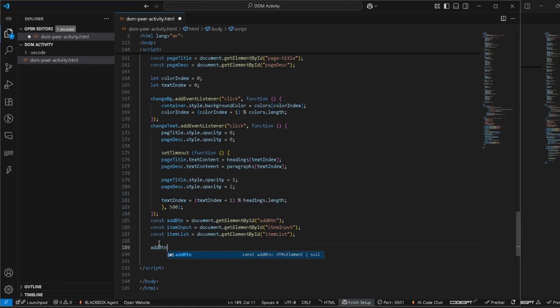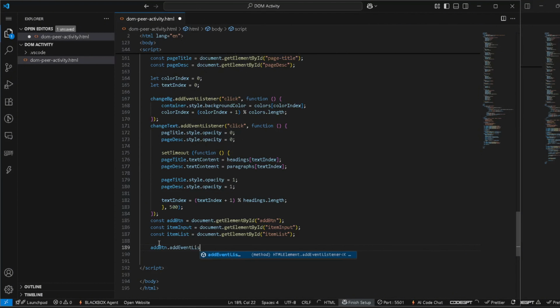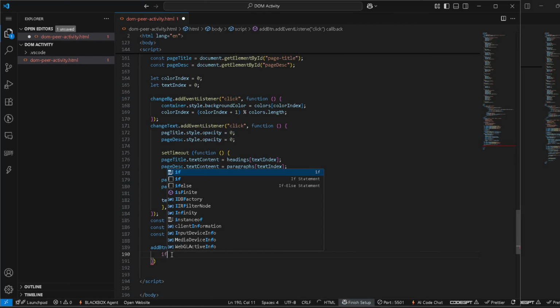So we will add btn, add event listener. So the keyboard is not functioning. Then that thing, then let's add if